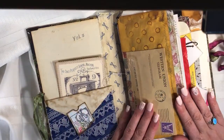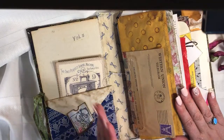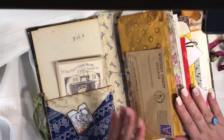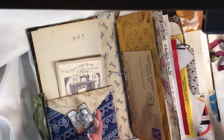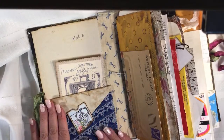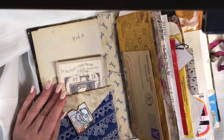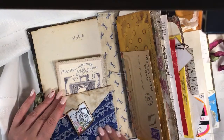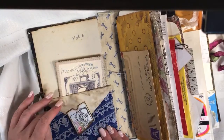Anyways, I like to mix real ephemera with the printed kind and with all the stuff that we make. So this is just so eclectic and so fun that I can't even stand it. And I have a ton of sewing books, and that's where a lot of this stuff came from. So right away, first thing, this is one of my lace books that I have,